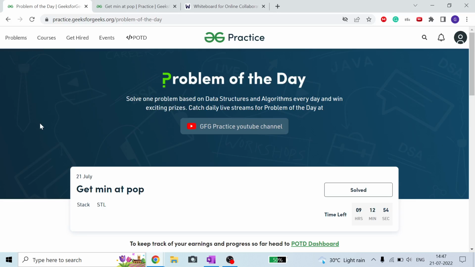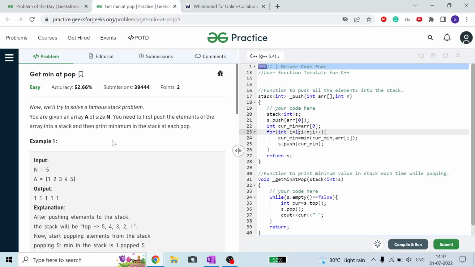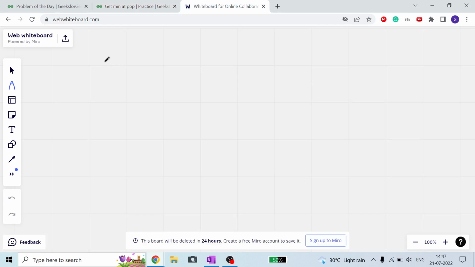Today we are going to discuss this Get Min and Pop problem of GFG. So let's move on to the problem, guys. This is an easy problem where we are given an array of size n and we have to push all the elements of our array, like 1,